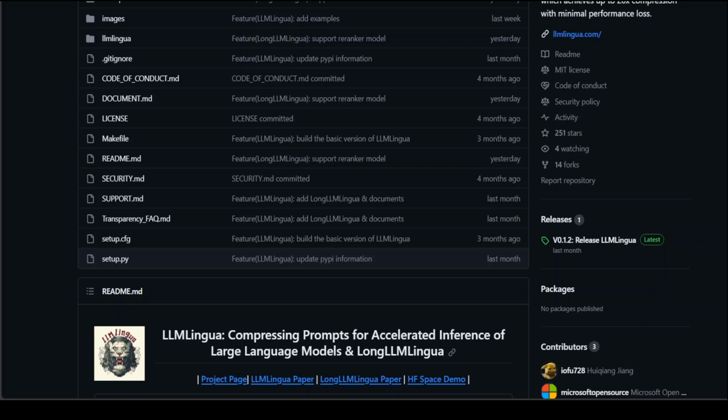In this video, I am going to show you this very interesting project which is called LLM Lingua. Before I delve into that, let's discuss retrieval augmented generation. We all know that augmented generation in AI is quite cool. Retrieval augmented generation is an AI framework that retrieves data from external sources of knowledge to improve the quality of responses. This is a natural language processing technique which is very commonly used to make LLMs more accurate and up